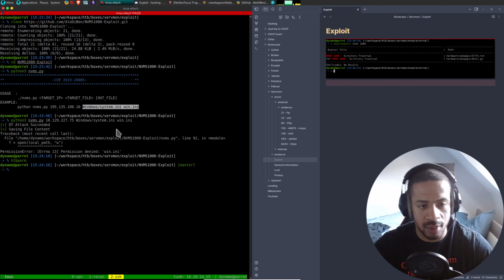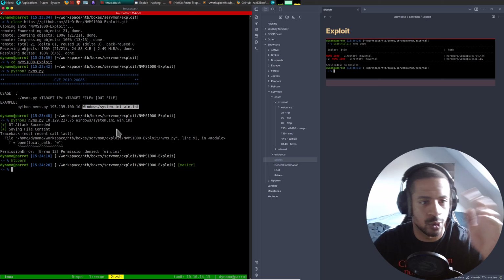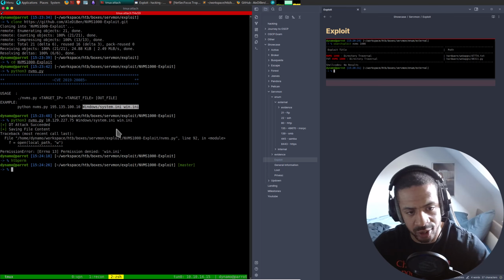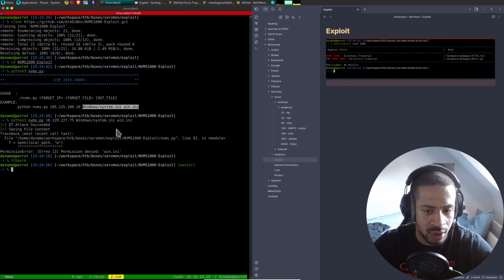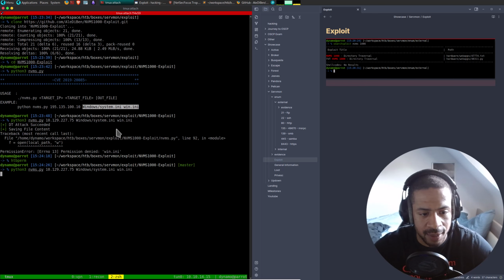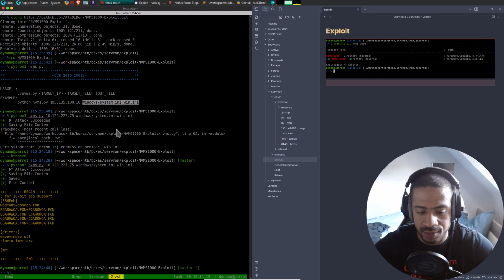Now it should work. Because the permissions, as usual in every video, every time I run auto recon, the permissions of the directory are root, and so I cannot write anything into it. That is why. So let's try that again. And that worked.